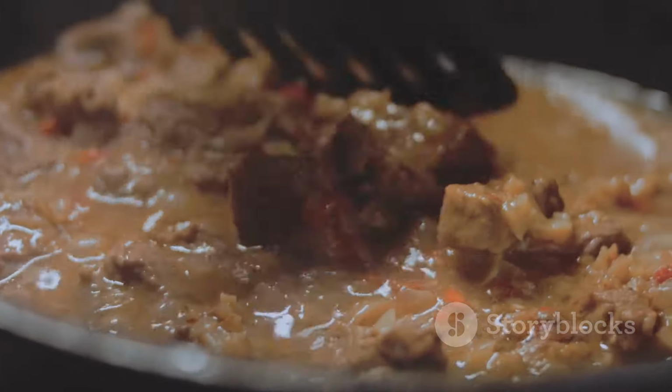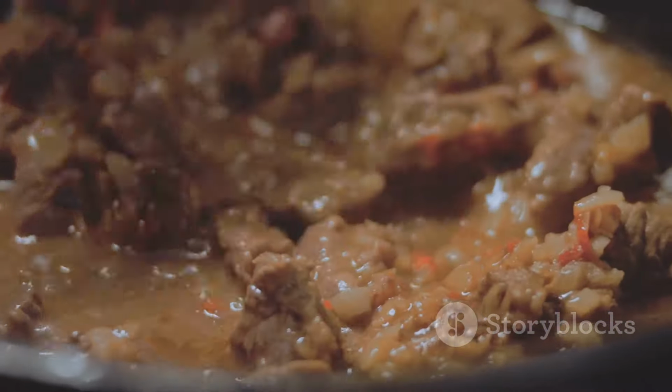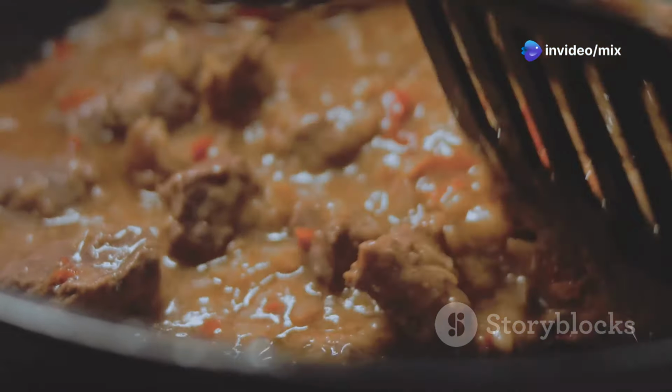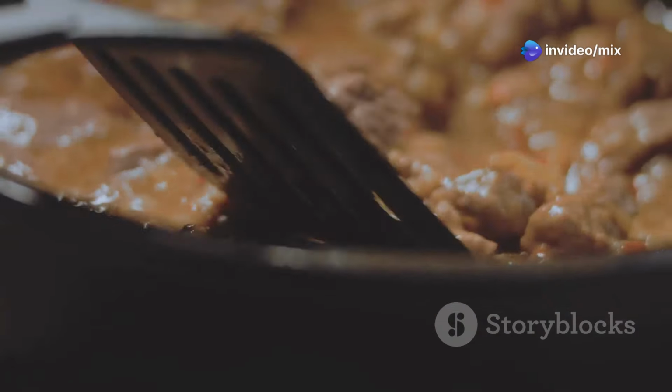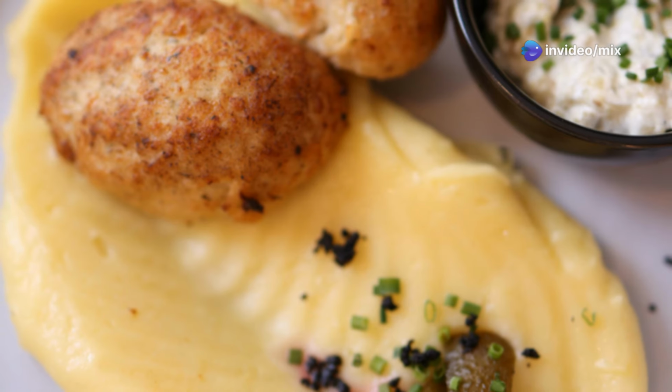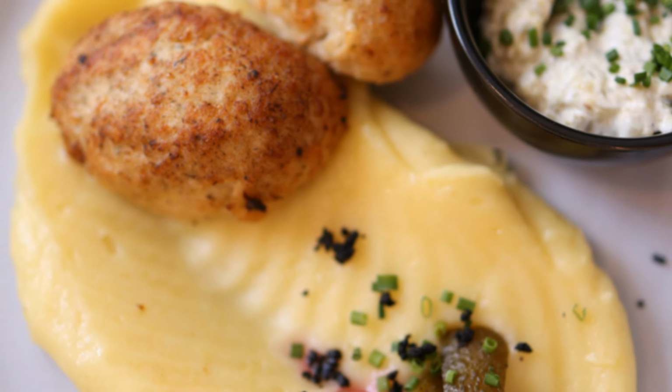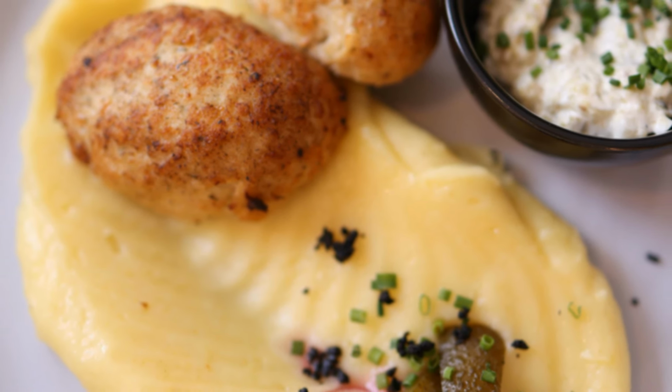Stirring occasionally until the meat is tender and falling apart. This slow cooking process allows the flavors to meld together and creates a stew that's rich and deeply flavorful. Machonka is served with mashed potatoes or crusty bread. The stew is traditionally served with mashed potatoes or crusty bread, which are perfect for soaking up the rich, flavorful